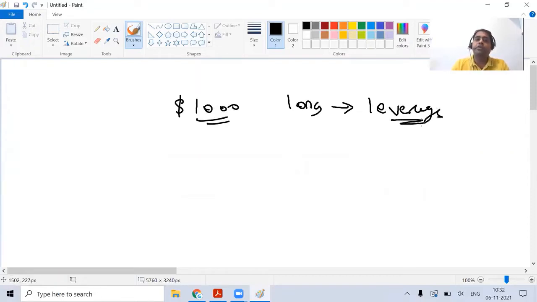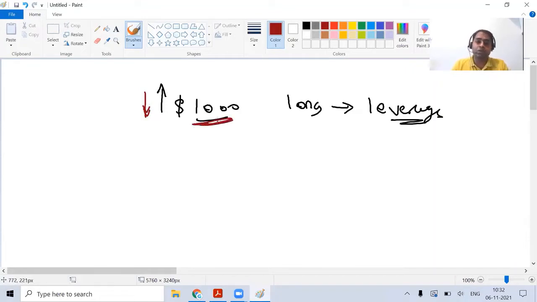When you're saying margin trade, you're borrowing it from the broker. Suppose out of the $1,000, $900 is being borrowed, and you are expecting that the asset price will go up. Now if the asset prices are going down, you will face a margin call. If you do not have money available to pay the margin call, you will think about liquidating this position.